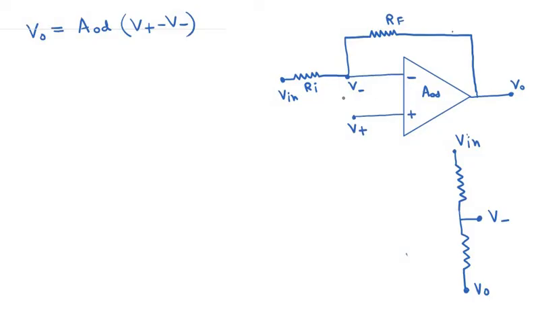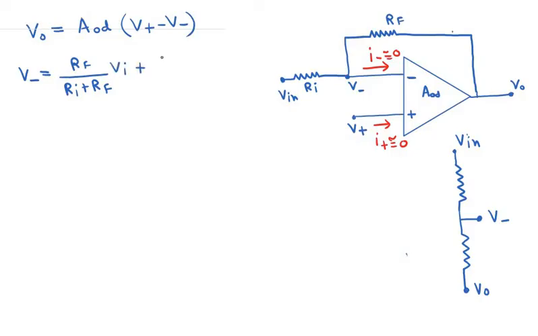Okay, and since earlier we have told that no current can flow into the op amp, that is I minus is approximately equal to 0, and also I plus is approximately equal to 0. So no current is flowing through this terminal in this direction. No current is going out through this V minus terminal here. In that case, we can write this voltage V minus by this equation: V minus is equal to Rf divided by Ri plus Rf.